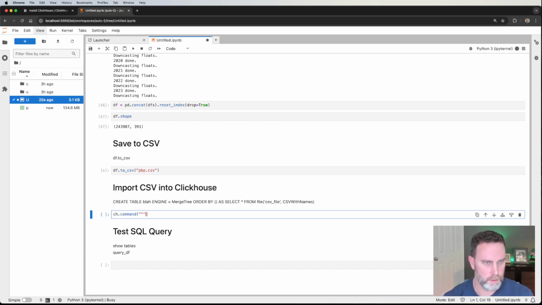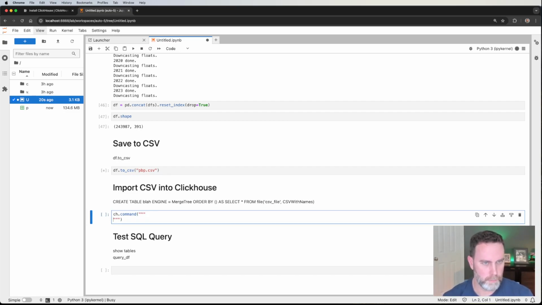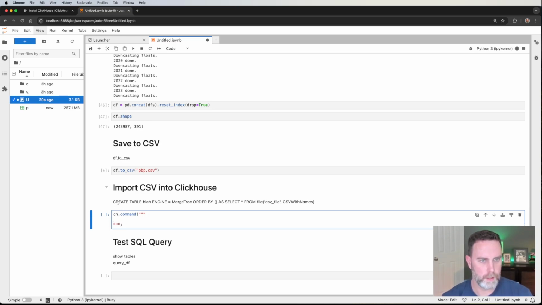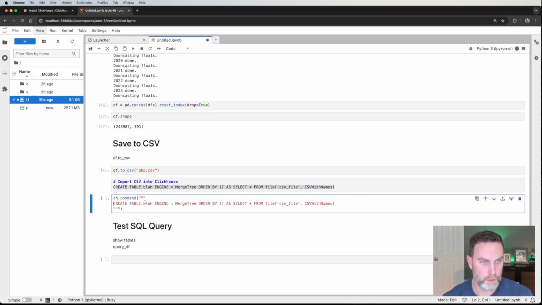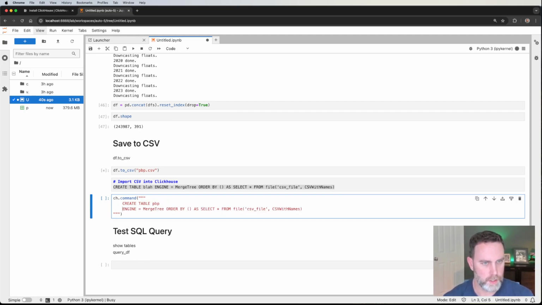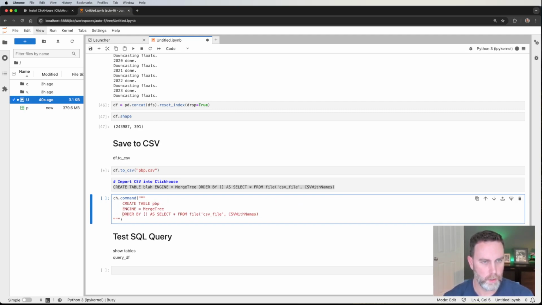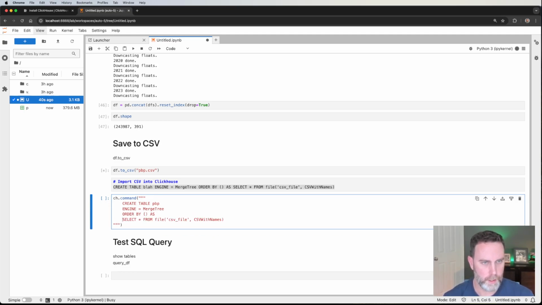And I'll format a little bit, make it a little nicer, easier to read. So create table. We'll call it play-by-play engine merge tree order by as select, and the file is play-by-play.csv, CSV with names because it has a header file,